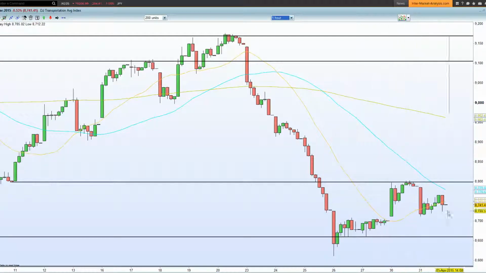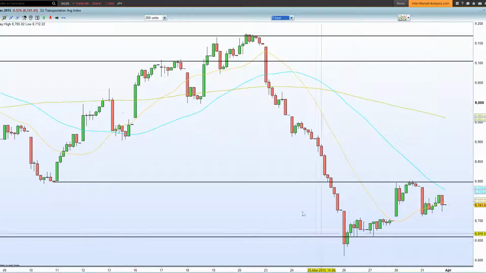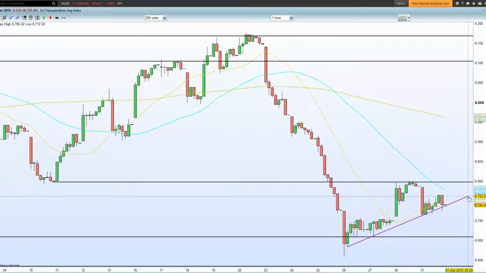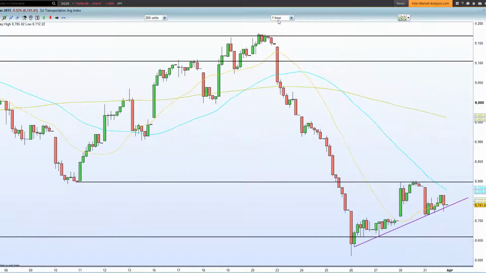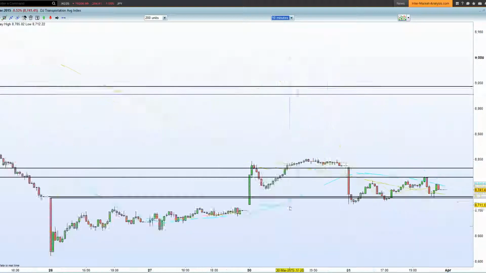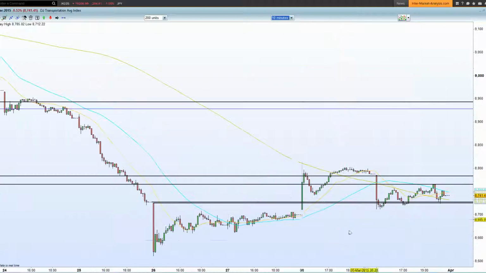We have a bear flag scenario, which yes, we have to respect, but given the fact that the 20 MA is still sloping upwards, bias still remains bullish, and we still are respecting this key trend line here, and we're looking for a potential move or thrust higher. 10-minute chart at present, again we held the lows, same with the IWM and the IWN, so no real concerns with regards to that.